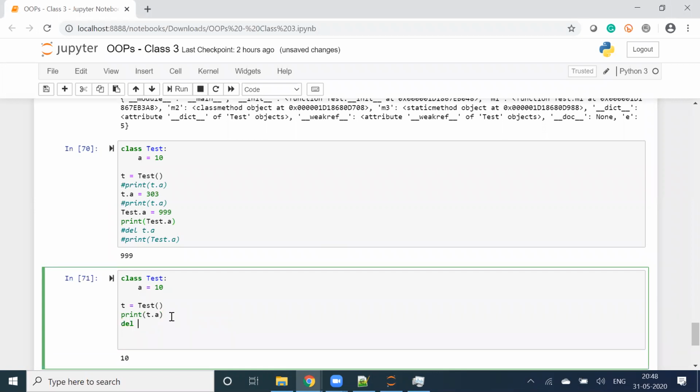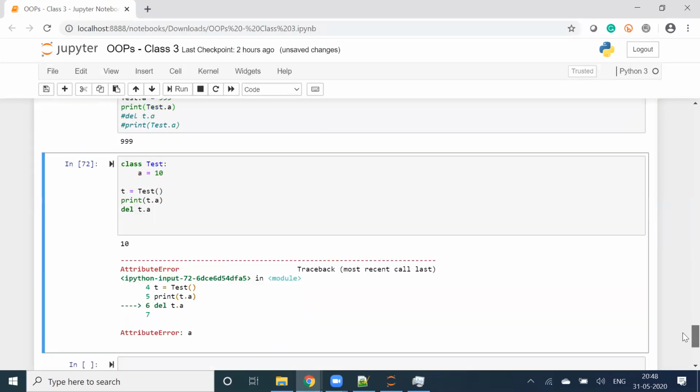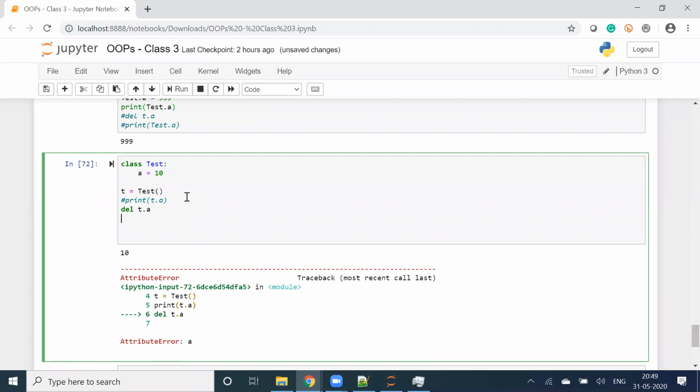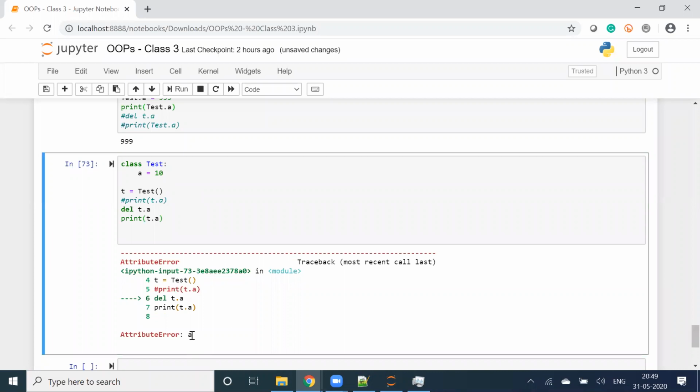And then we'll write del t.a. Attribute error. Let me apply this, print t.a. You see, I deleted the static variable by del t.a. So we can access static variable by either object reference or class name.